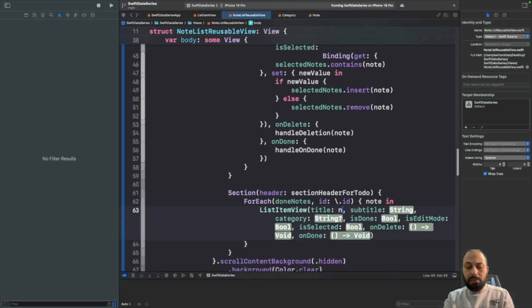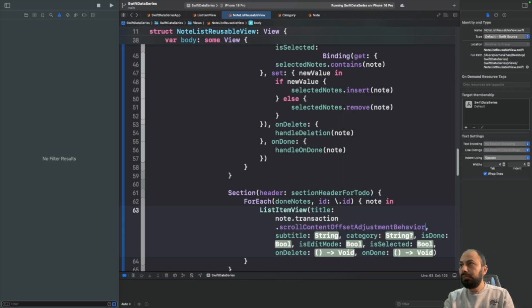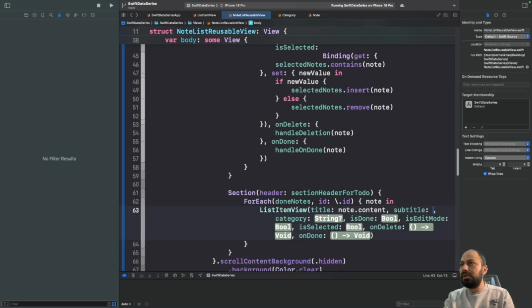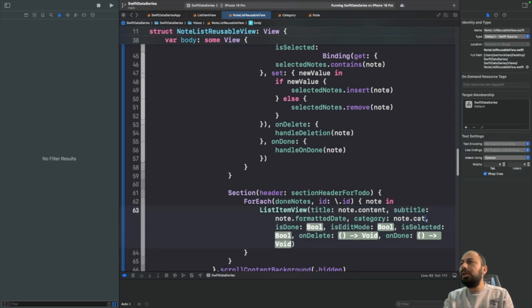Let's use the auto completion, node content. And the subtitle will be node formatted date, node category will be,